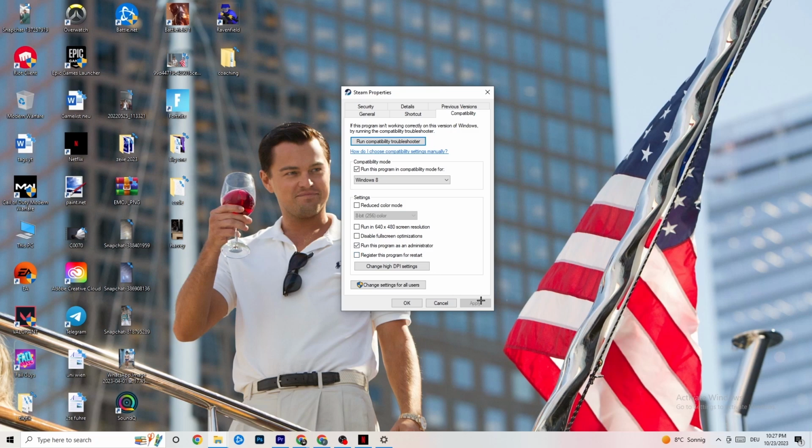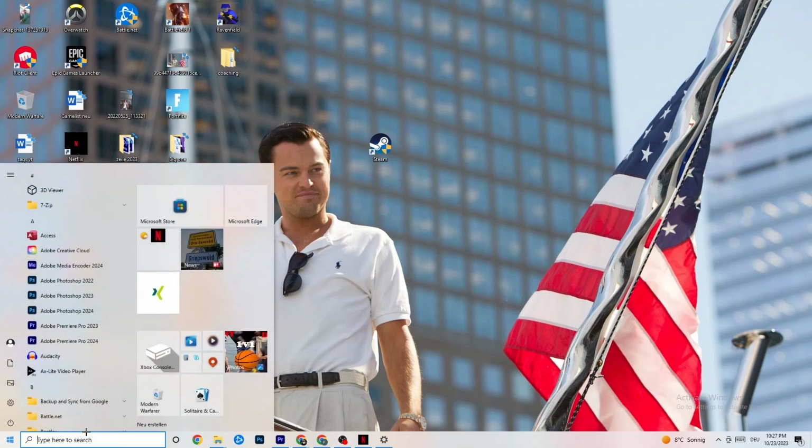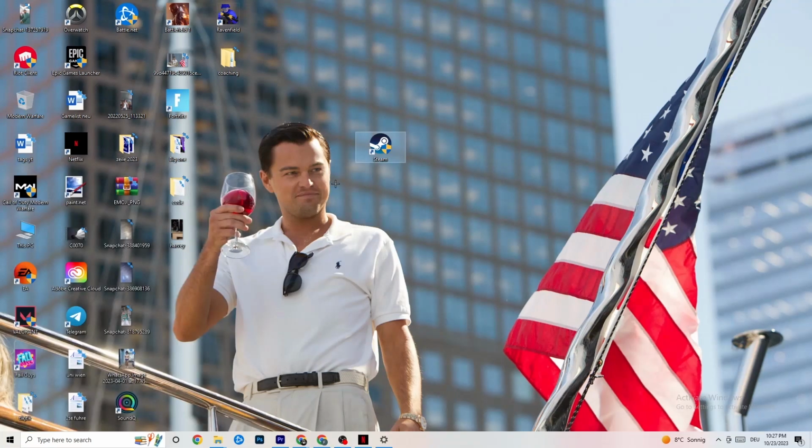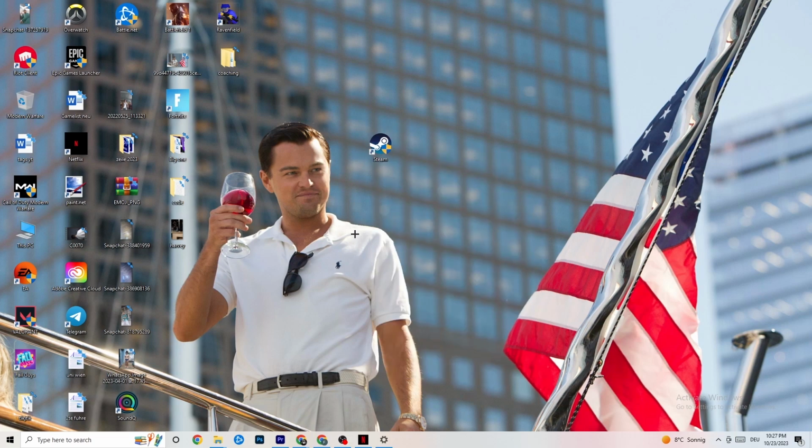For me, I've done it so I can't hit apply. For you, you're gonna hit apply and hit OK. What that's gonna do is by default, your PC is gonna start your launcher as an administrator in every game related to it, and so this little sign here will pop up when you restart your PC. And if this doesn't work, you're gonna take your game shortcut and do the same thing, so with the properties and the run as administrator setting, and afterwards restart your PC,